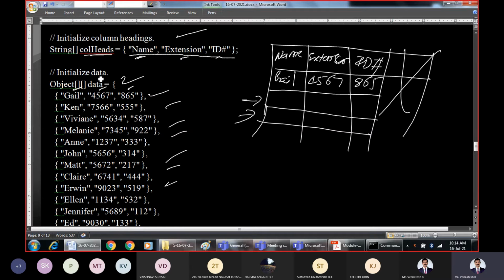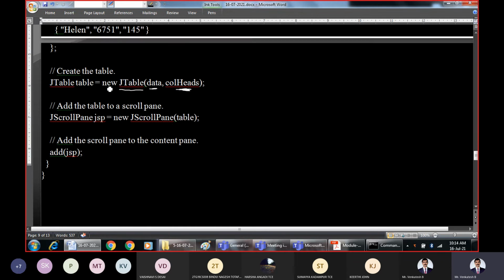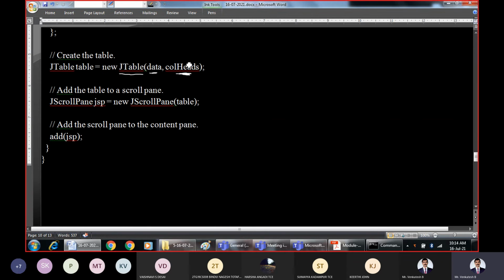So the column headers as well as this two-dimensional data are passed to the JTable constructor. With this statement we are creating a table with this data and these column headings, and this newly created table is assigned to the table object which is of type JTable.